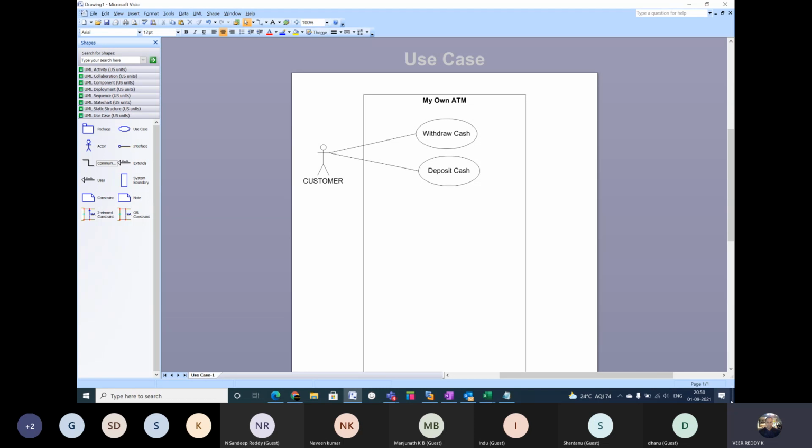Whatever you want, you can keep it. Along with this, a few more symbols we use. What are the symbols apart from these things? Whatever I showed you. Include and extend, sir. Include, extend, and generalization. These three symbols also we use. Let us try to see how to use them. Okay, for example, see,